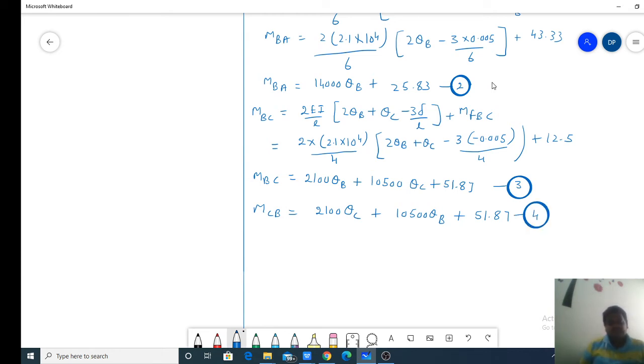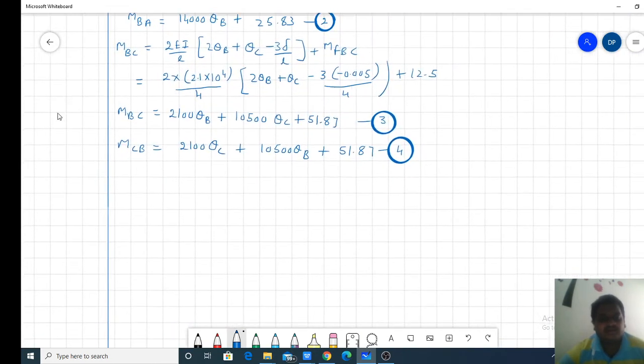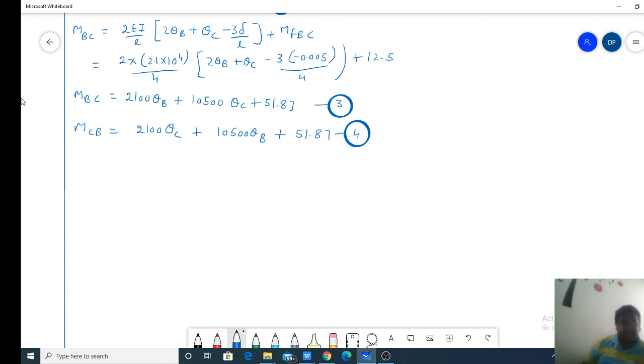So once these equations are done, what will be my next step? Now I need to find step 4. This will be my equilibrium conditions. When I am solving for equilibrium conditions, at B, MBA plus MBC will be equal to 0, right? And at C, MCB will be equal to 0. These are my two equations. So by doing this, what I will be getting,